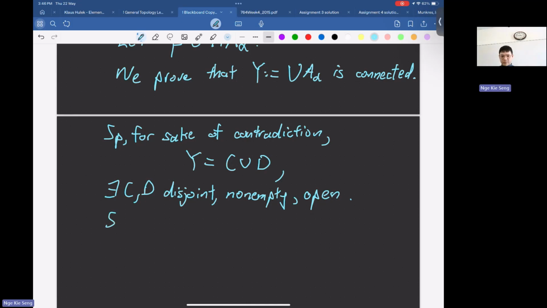So without loss of generality, let's assume that